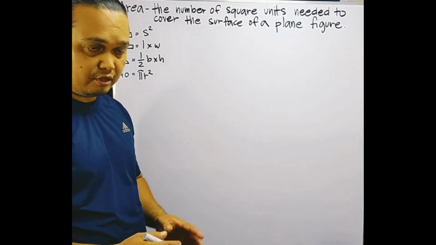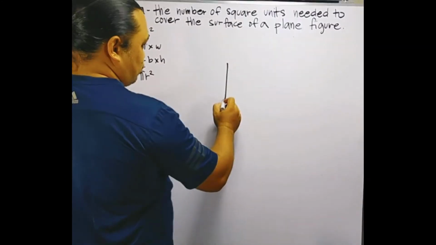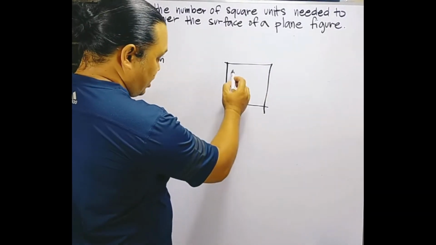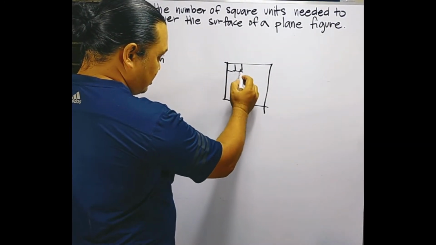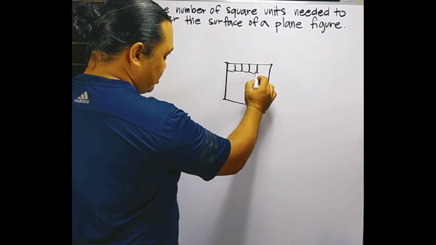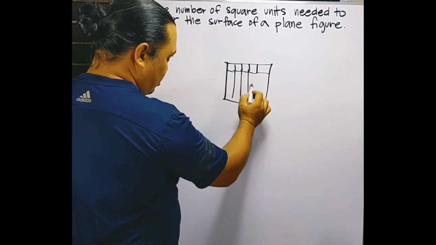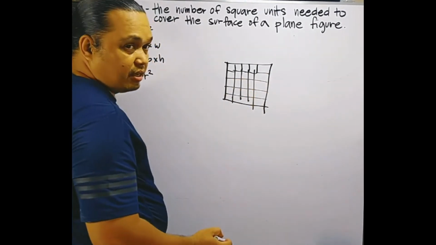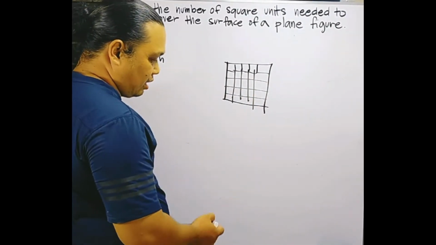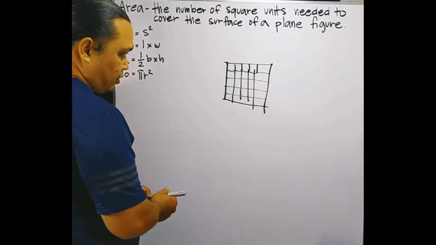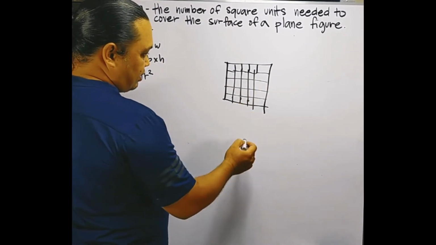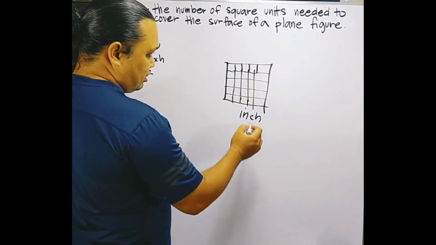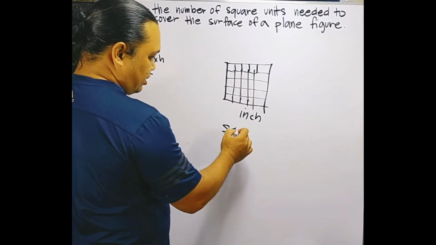Area is the number of square units needed to cover the surface of a plane figure. For example, if we have a square, the area is the space inside the square. How many squares can fit on this square? That will be the area, depending on what unit of measurement it is using. For example,